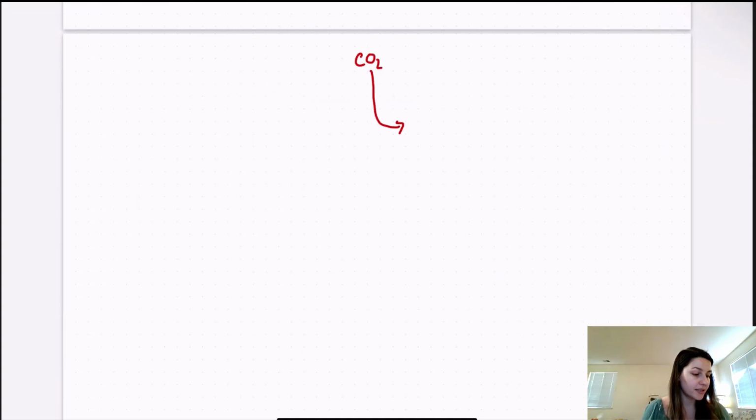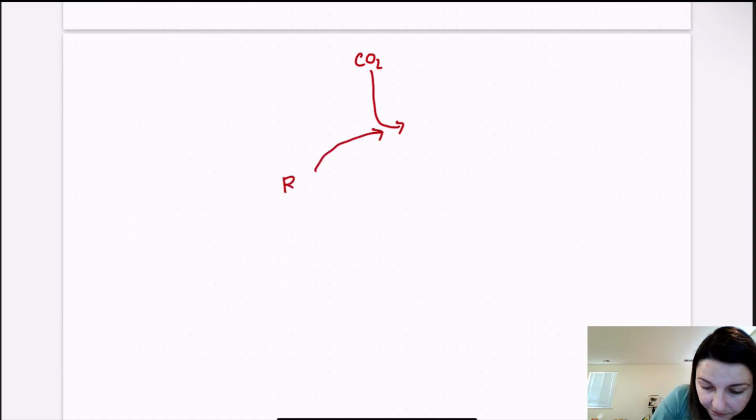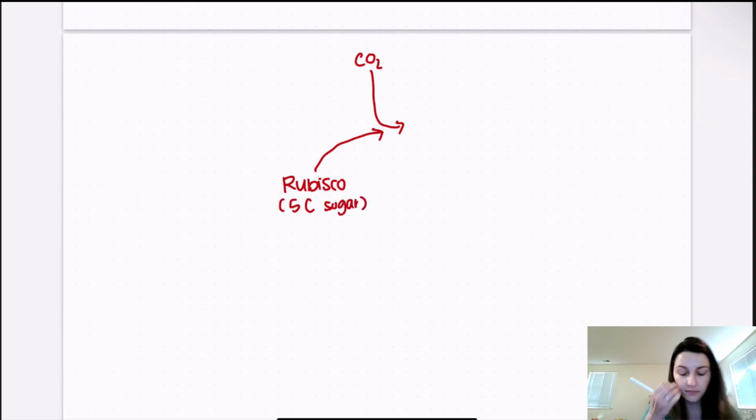And carbon dioxide combines with this sugar called rubisco. It's a 5-carbon sugar. So notice that we have 5 carbons there, 1 carbon there, and